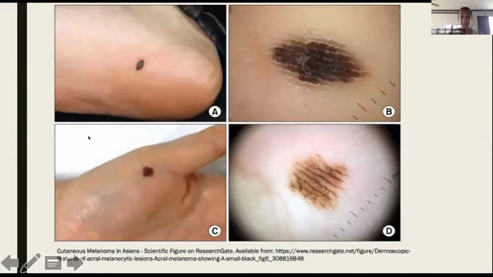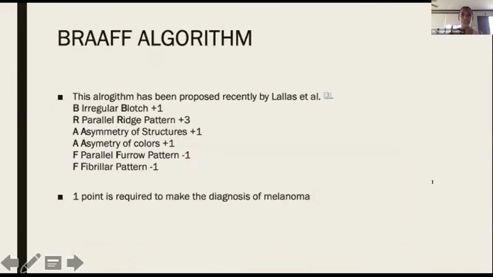As I mentioned, picture C is a melanocytic nevus. So this is actually a benign lesion. And here the pigment is more in the furrows. So we call this a parallel furrow pattern. So these are our dermatoscopic views of what we would see. And this is how we would determine whether a lesion has enough suspicion for a biopsy or whether we think the lesion is benign. But we'll talk more about our threshold for biopsy of these lesions.